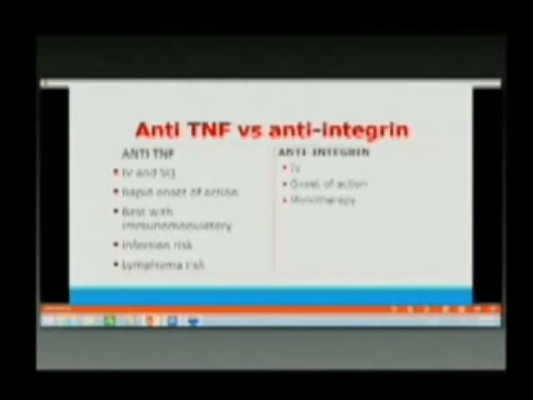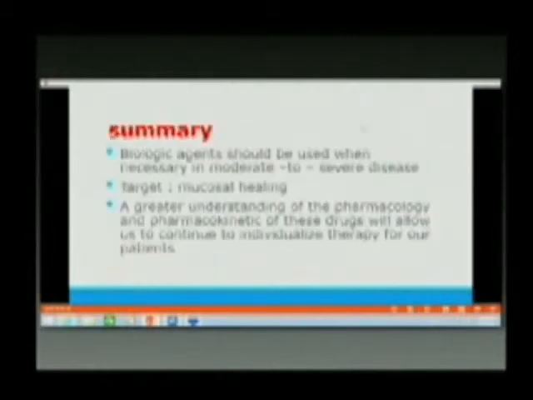Presently, there are no studies showing an advantage of giving immunomodulators with vedolizumab. If you look at retrospective trials wherein vedolizumab was given to patients already on azathioprine, there was no increased advantage in the mucosal healing or in the response rate. Biologic agents should be given to patients with moderate to severe disease, especially patients